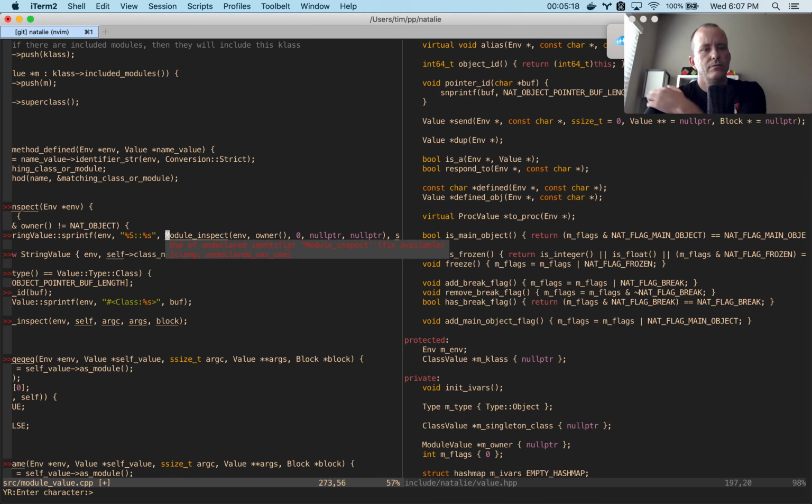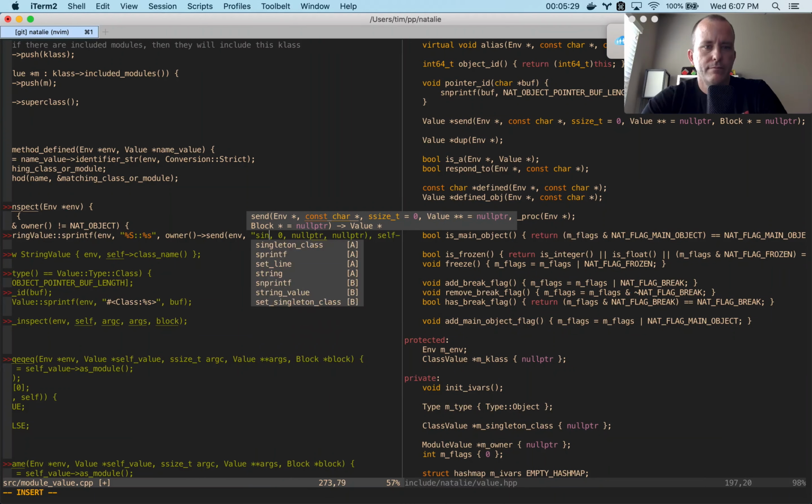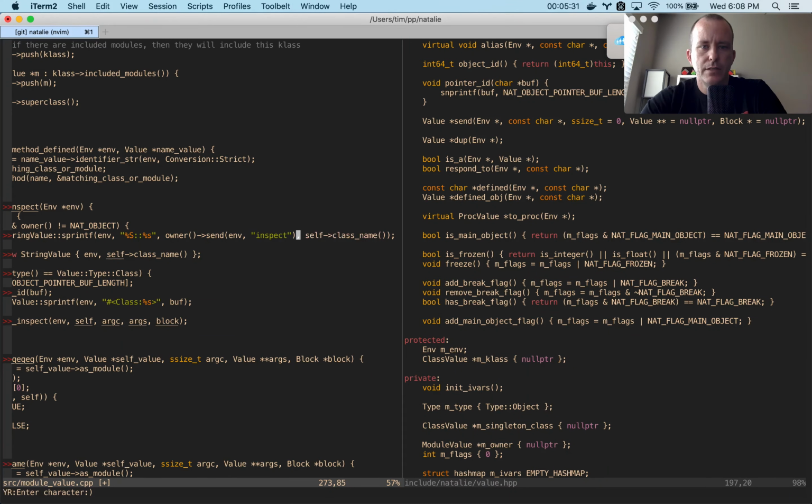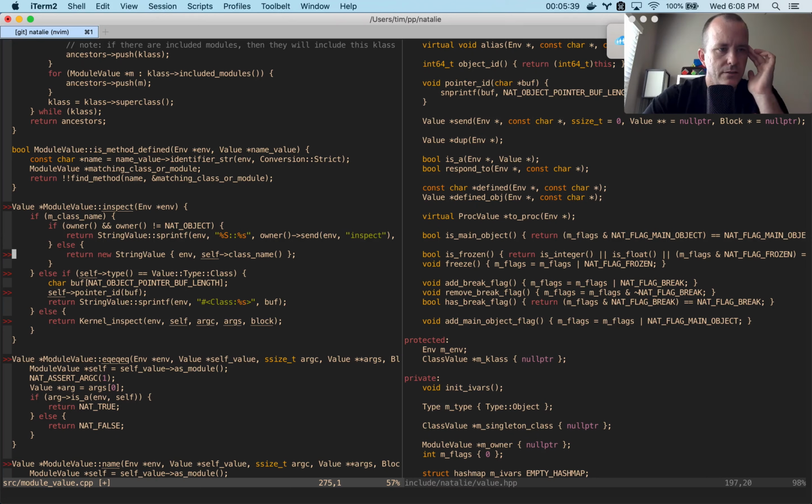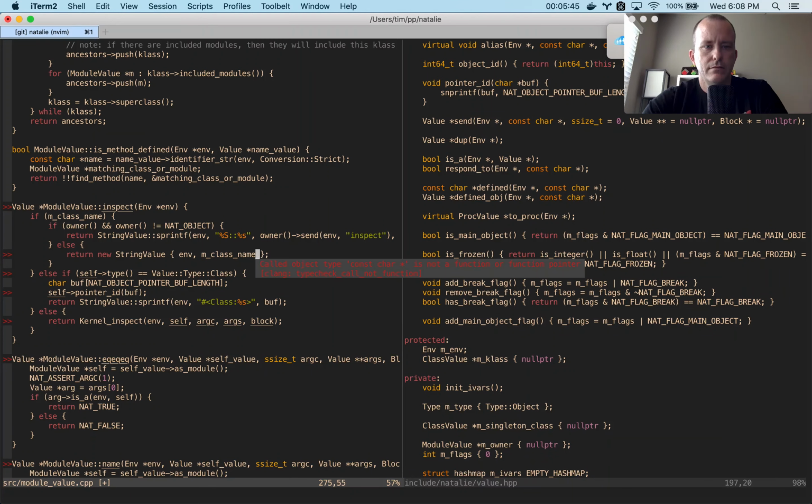Module inspect. So why don't we call inspect the proper way? It'll just look a little bit nicer. And I just keep doing this until all these little red squigglies go away. Class name, else if type is class, so say is class, then